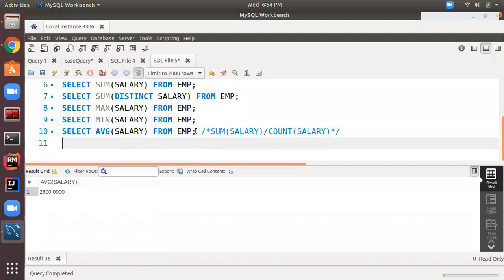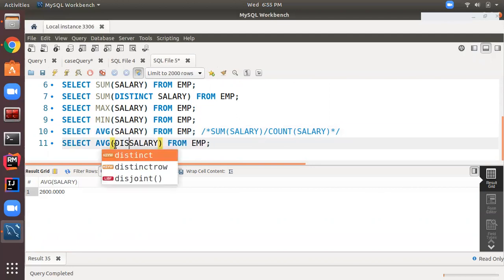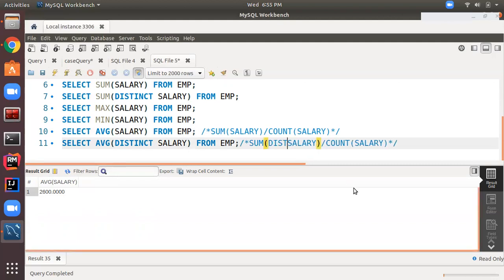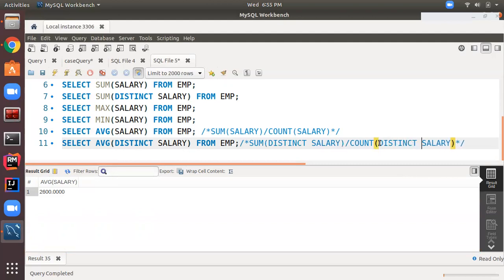Okay. We can use the distinct keyword with average salary as well. So this time if I give the distinct keyword here, it will first calculate the distinct sum of the salary, divided by the distinct count of the salary. So this command is basically equivalent to sum distinct salary divided by count distinct salary.